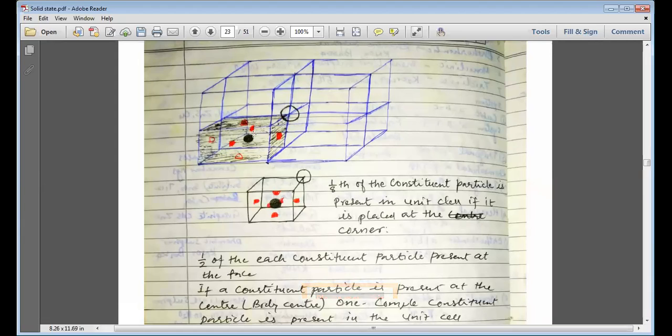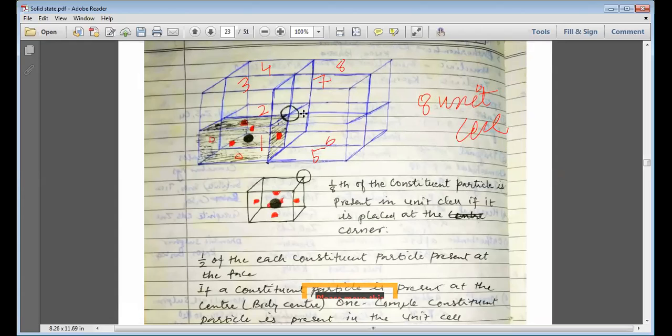So in this black color, you have one unit cell, then behind it two, then above it three, and just next to it four. So this is one, this is two, this is three, this is fourth, this is fifth, this is sixth, this is seventh, and that is eighth. So there are a total of 8 unit cells available here,